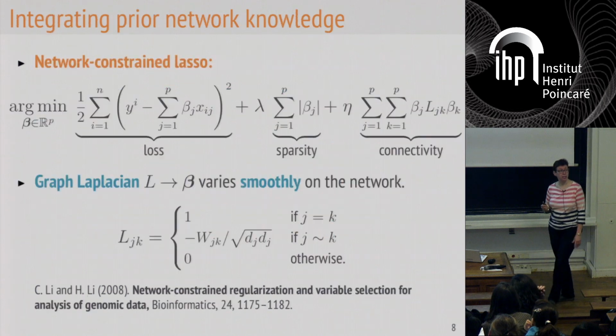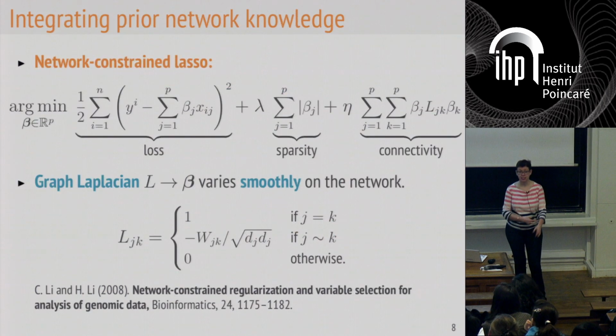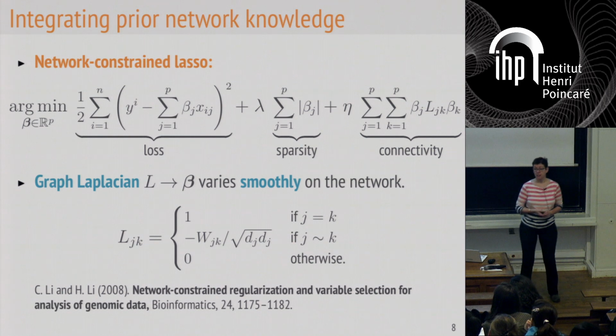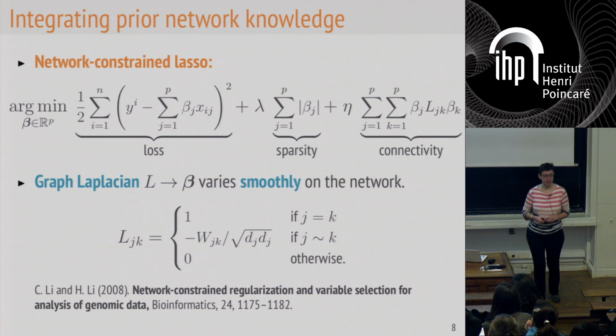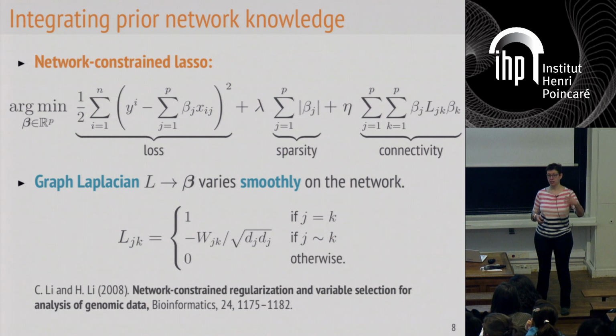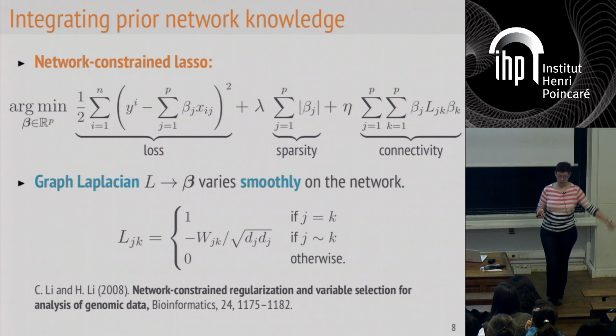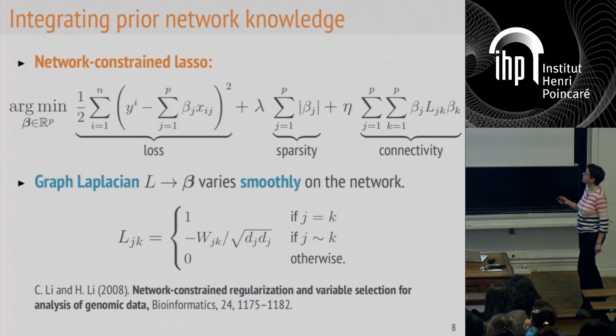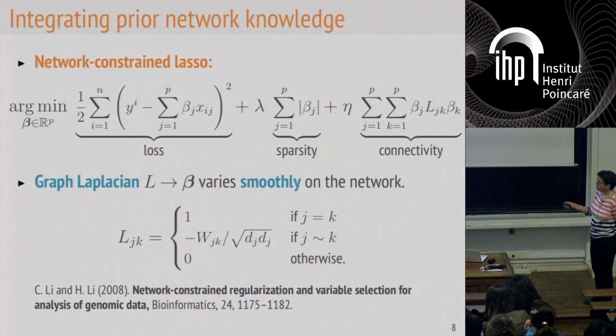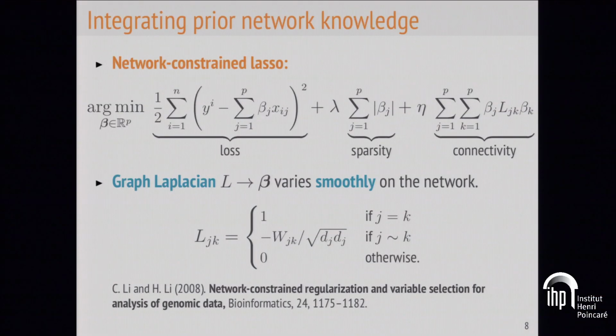So there's a number of ways you can do this, and if you're sitting in this room, you've probably heard about the lasso. You may think that the lasso is a way to give us a sparse solution, and maybe we can go one step further and add a constraint to also encode this network knowledge. This is indeed something that was proposed in 2008. Instead of just minimizing your square loss, your empirical risk minimization, you add a regularization term. If you stop here, this is a lasso. You enforce sparsity on your coefficients.